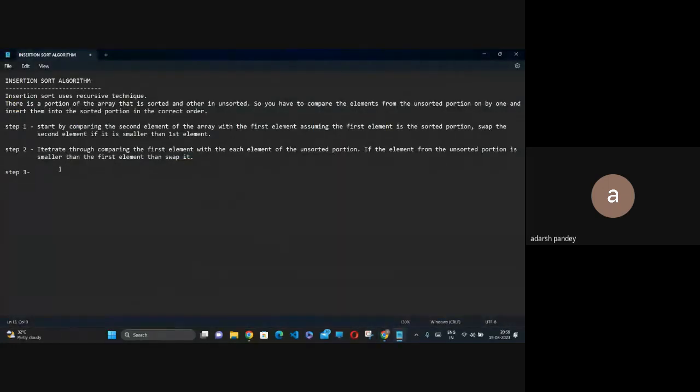Yes, so these two steps are done. Then step 3 is, you have iterated through, comparing the first element with each element of the unsorted portion, and if the element in the unsorted portion is smaller than the first element, then swap it. The third step is after iterating